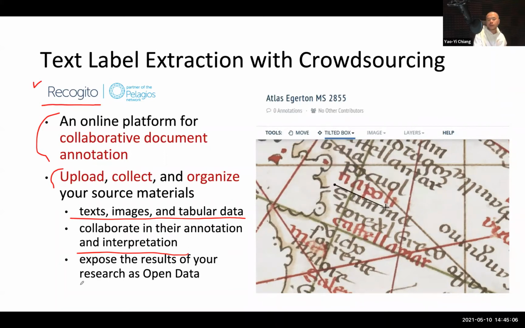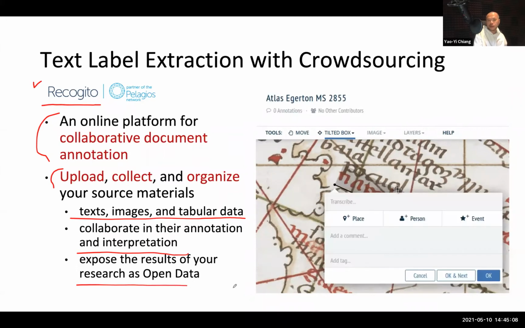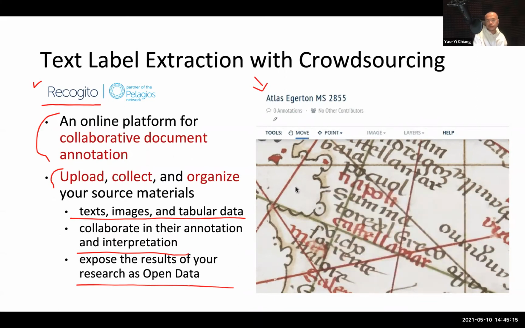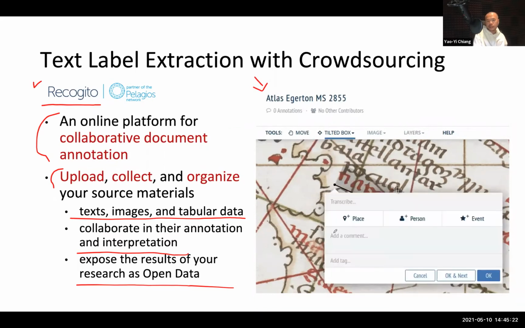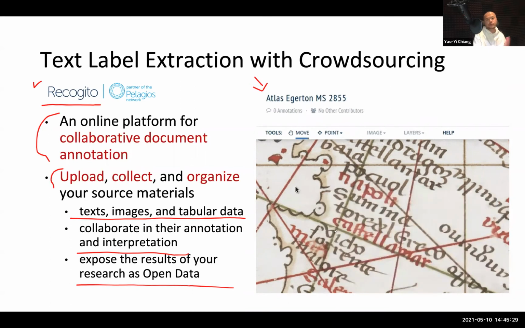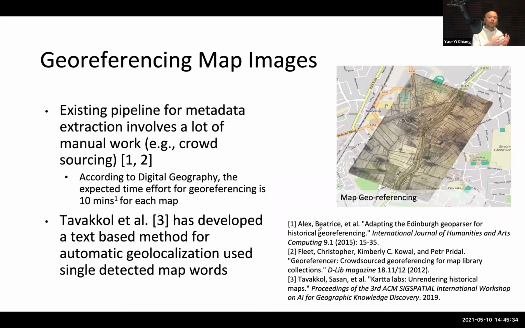Then you can export your data as open data. On the right side is the current Recogito user interface. The user can select a tilted box and start to annotate a text label and type in the name. Then click on OK to save the result, right? Very simple. But even when we have automatic or manual work to provide or extract text labels, we still need